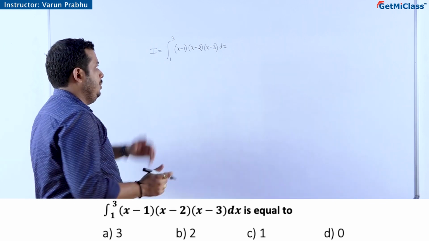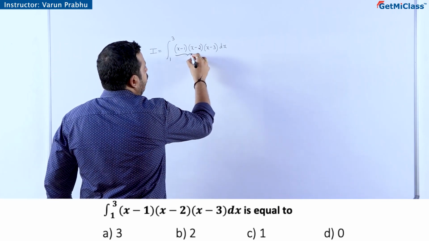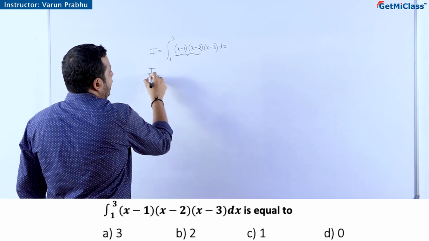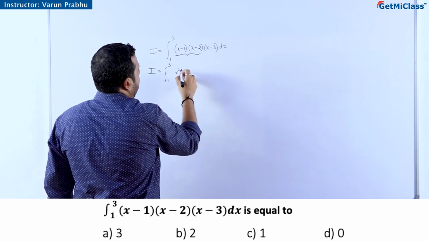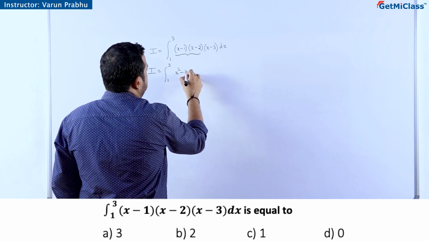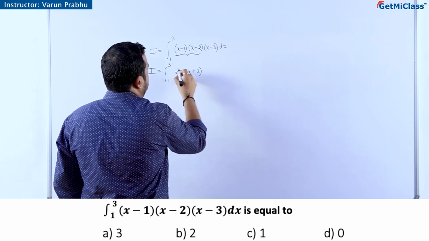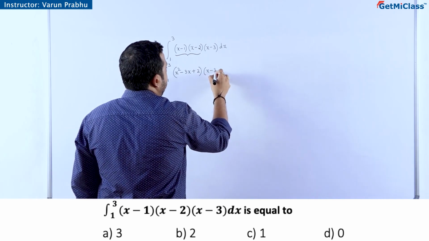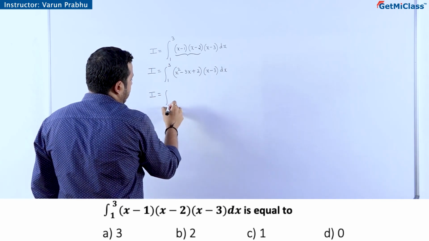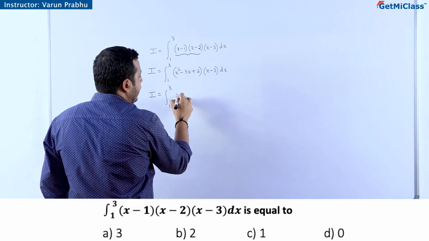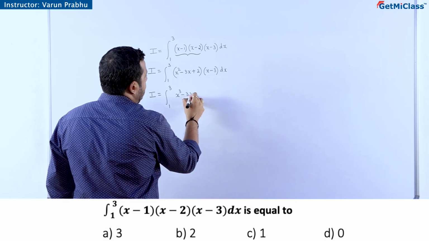If you look at this question, there is a polynomial multiplication to be done. First we will multiply this, integral 1 to 3. I will get here x square minus 3x plus 2 times x minus 3 times dx. So I is equal to integral 1 to 3, x square into x will be x cube minus 3x square